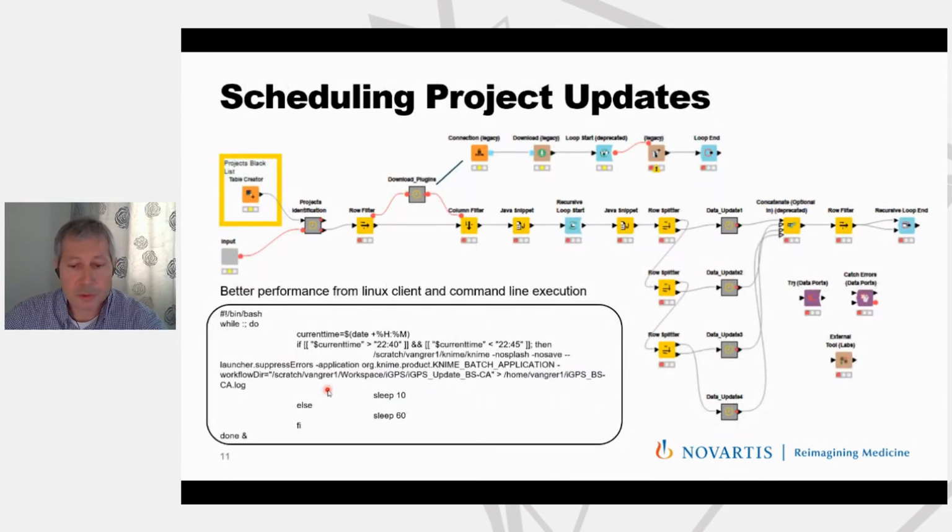Ideally, to perform the update of all projects every day, the KNIME server could be used to schedule this process. However, it turned out that the workload was too high and the performance and reliability of KNIME server was badly impacted. So we decided to run the update process from a local installation of a KNIME